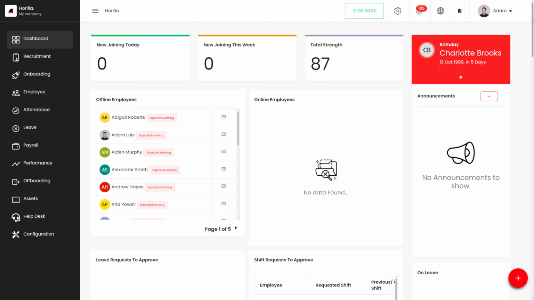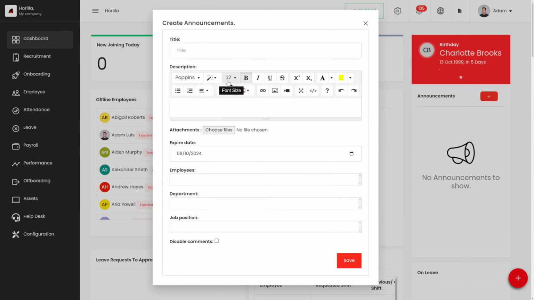So let's see how we can do that in Horilla. This is the admin's dashboard. Here, let's say this is the HR manager. The HR manager will be able to make use of this announcement to let employees know about an upcoming Christmas party. So let's click on this create announcement over here, and from here we can add the title